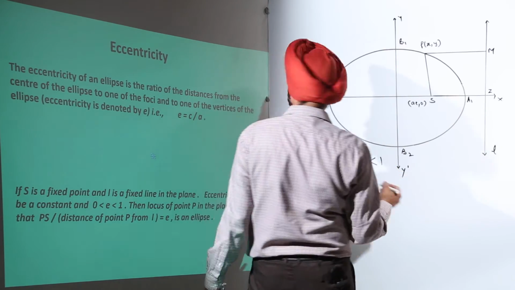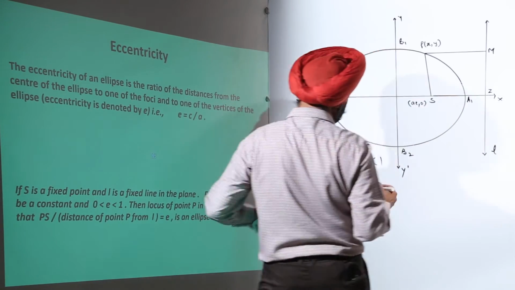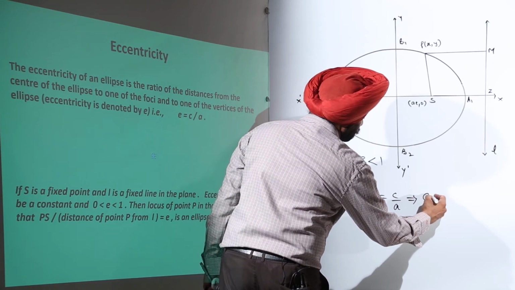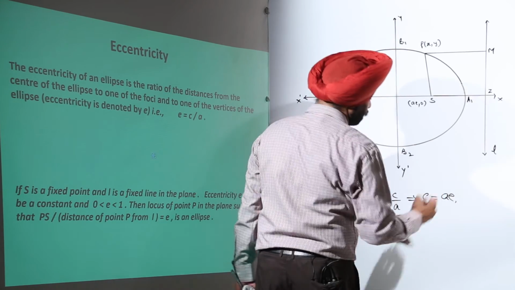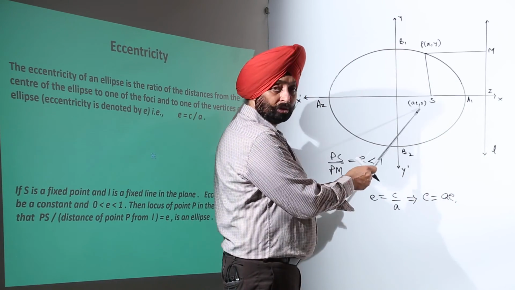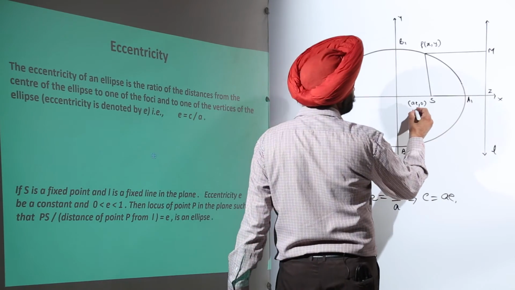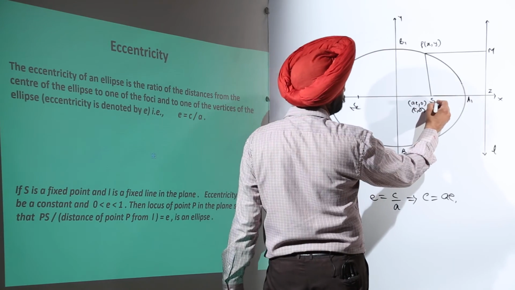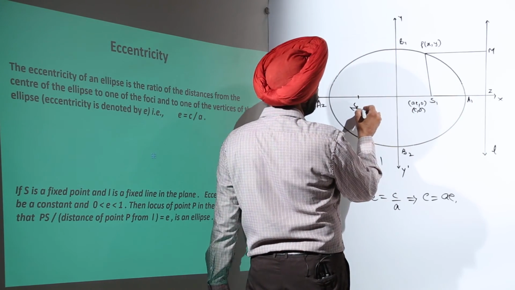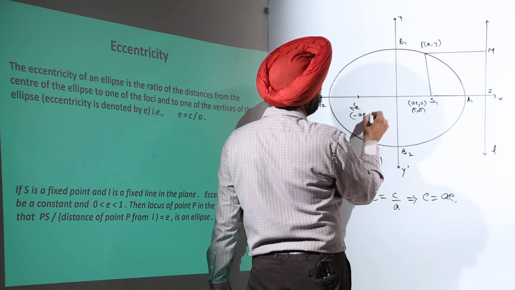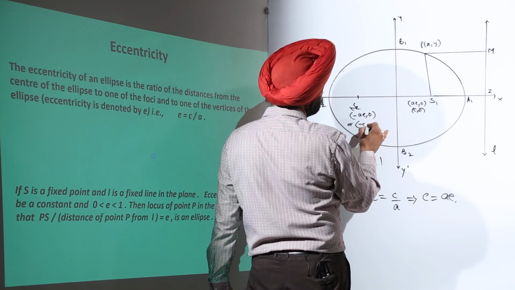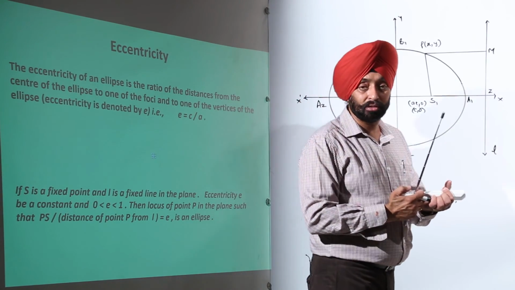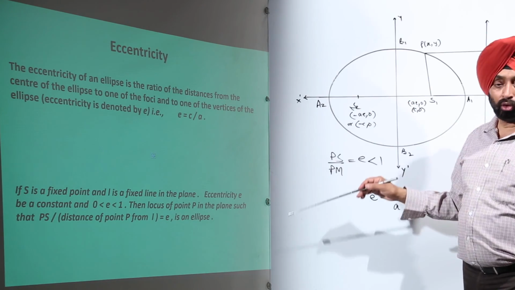One thing. Second thing is, now here we have e = c/a. It is given e = c/a. Now this implies c = ae. So that's what I have written, (ae, 0). In many books you will get this as (c, 0), and suppose this is the second focus, this is S1. So here it will be (-ae, 0) or (-c, 0), okay. So c basically means what? a times e. Is it clear? So this is all about the eccentricity.